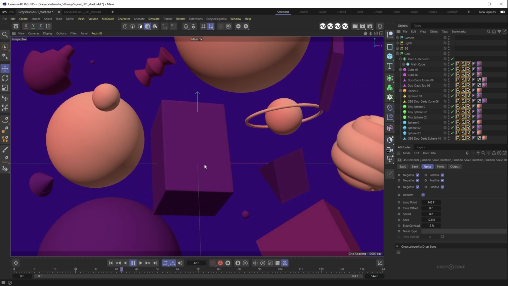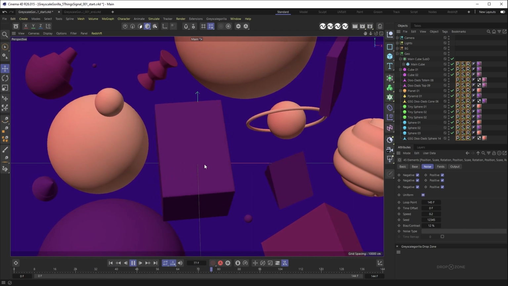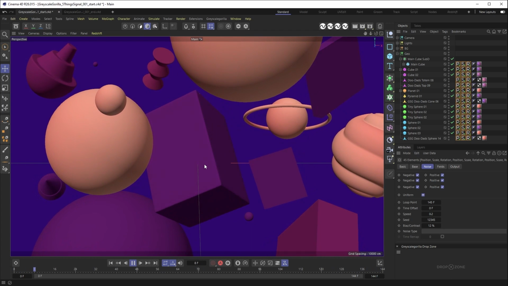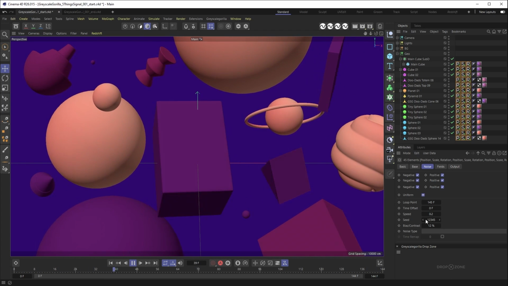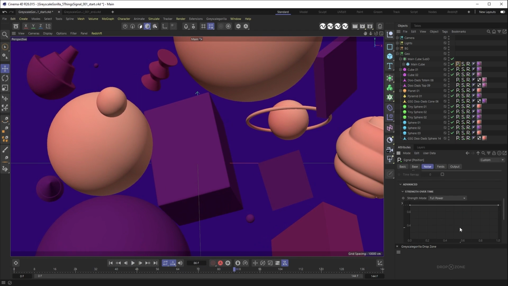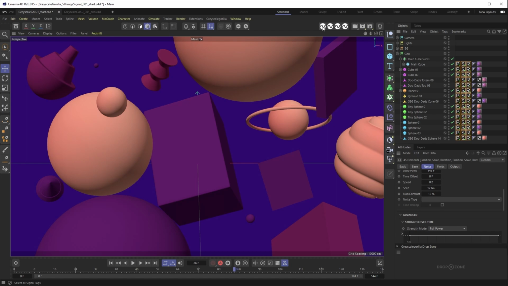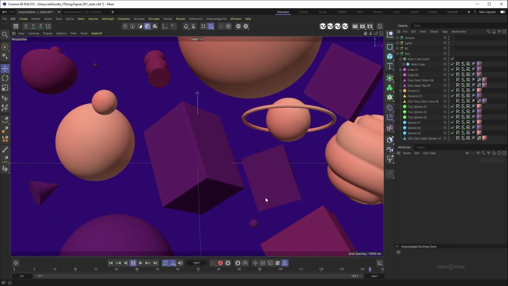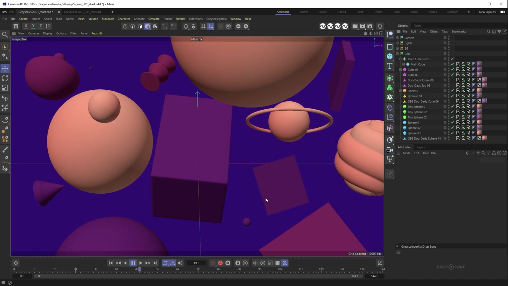We're pretty much done. But you say, Jake, the objects are all moving at the same speed, scale, and rotation. Well, the one thing we can do to fix that is adjust their random seeds. And what that means is that each of these tags have the same random seed values. So when we adjust this for each of these tags, we can get a different random value. Now that may be kind of tedious to do one by one. So what we can do is just click Select All Signal Tags, go to our random seed script, click that one, and now voila, we've got random animation going across all of these different objects in our scene,